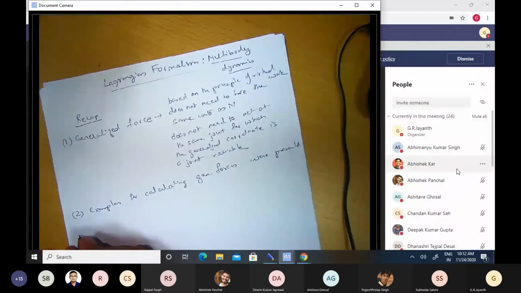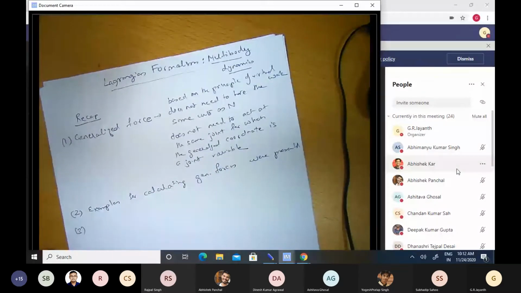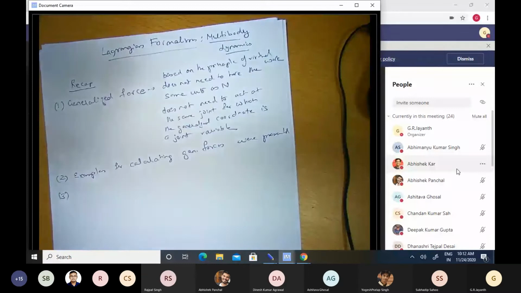Then the third aspect that we discussed was this notion of a constraint force. One of the attractions of Lagrangian formalism is that it doesn't require you to estimate internal forces of a mechanism. So something that imposes certain constraints need not be considered in some circumstances, at least. For example, in the case of serial kinematic manipulators, it's not necessary to consider them, and we can directly obtain the equations of motion that relate the joint variables, which will be the generalized coordinates, to the joint torque.